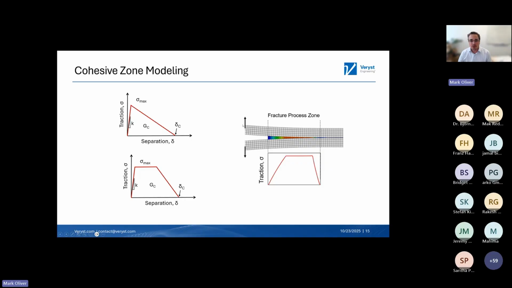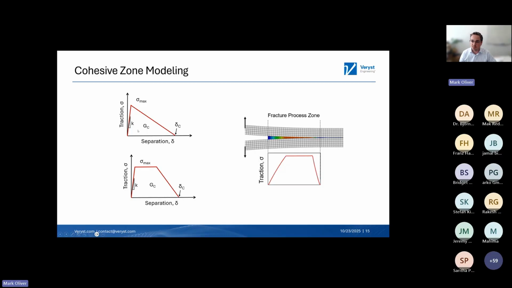All right. So okay. So first off, what is cohesive zone modeling? This is an approach for modeling adhesive failure, and this can be used to model other materials as well, but it's very powerful for adhesives. So we're going to put a row of elements between two adherends that represent the adhesive. And what we're going to do is